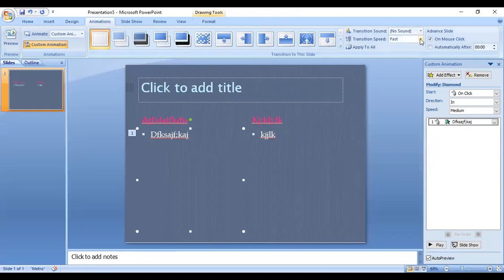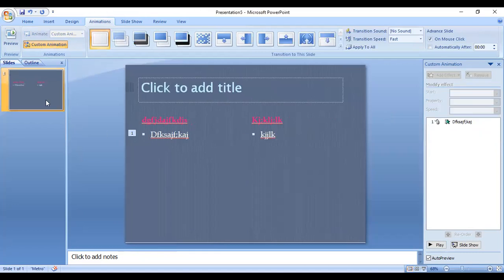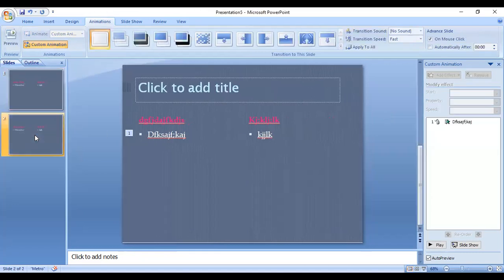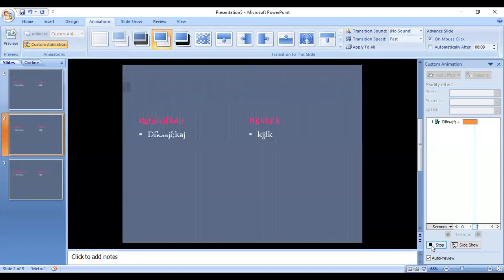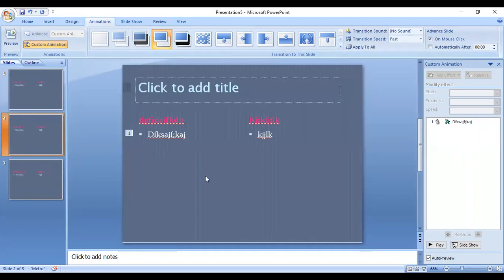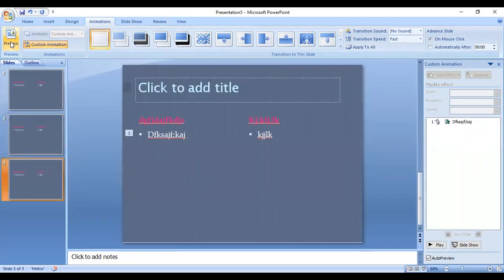The transition effect we can give, fast for example. The transition of slide is there, so that effect we can make.